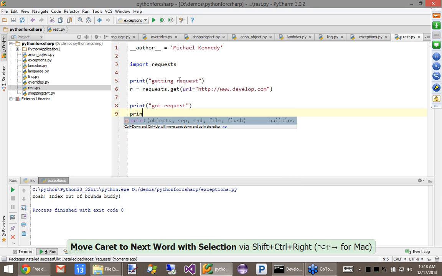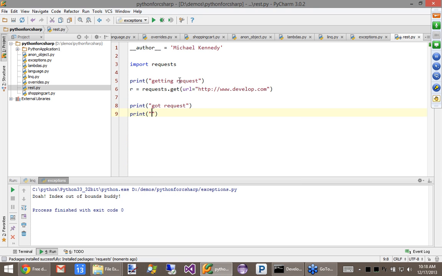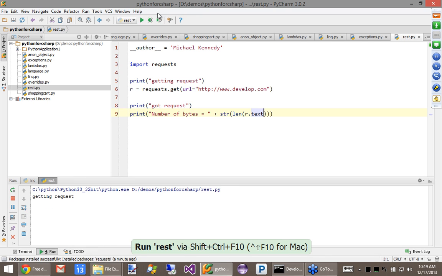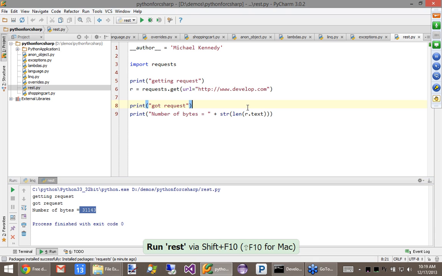And then down here we'll say print number of bytes equals, plus request.text, and we want the length of that, so string of the length of that. Not the easiest way, I should just do format. But let's run this REST thing. Getting request, got request, 3100 bytes.